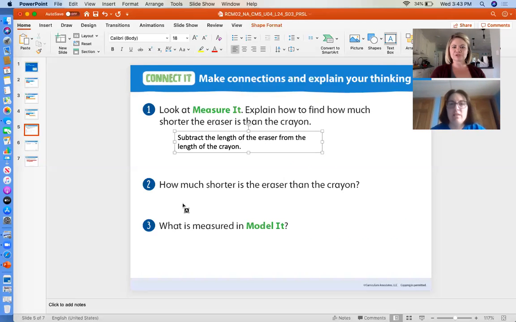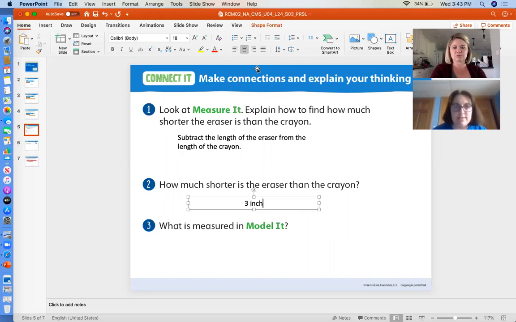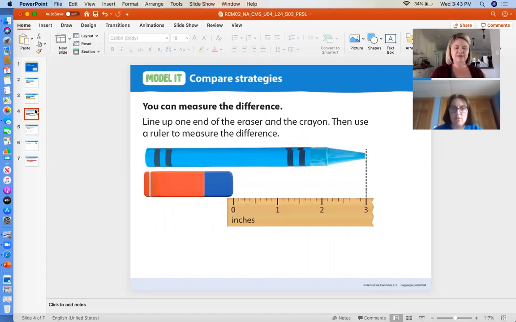So how much shorter is the eraser than the crayon? Well, in words, what's the answer? The answer was 3 inches. Perfect. 3 inches, yep. Okay, so if you look back at this slide right here, that's the model it slide,